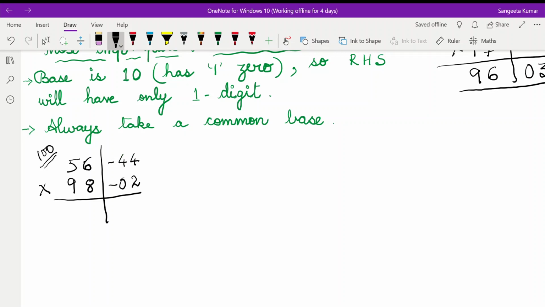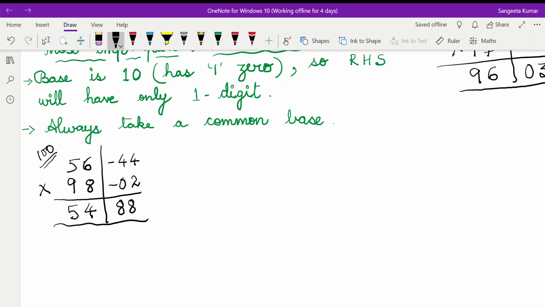Now children, to do this, we always follow the rule all from 9, the last from 10. What I have done? This I have subtracted from 9, it is giving me 4, and 6 I have subtracted from 10, which gives me 4. So this way we do it fast. We can get the difference fast, and again we follow the same rule. 56 minus 2 will give us 54, which is the first part of our answer. And for the second part, we multiply vertically and we get 88. See how fast we got our answer?